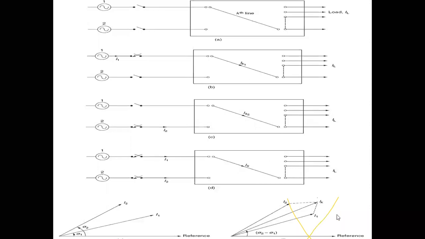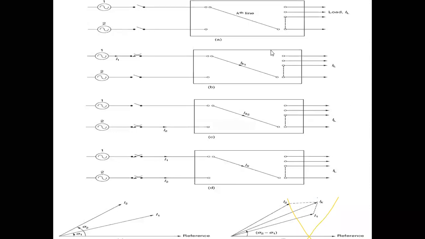We can do the vector summation by using the parallelogram law, and we have already learned how to apply the parallelogram law at the intermediate level. So these two are our input currents I1 and I2, and Ik is the resultant current. How do we find the resultant current by applying the parallelogram law? It is the square root of P square plus Q square plus 2PQ cos theta, where theta is the angle between I1 and I2. Of course, in the coming slides, we are going to see everything mathematically.